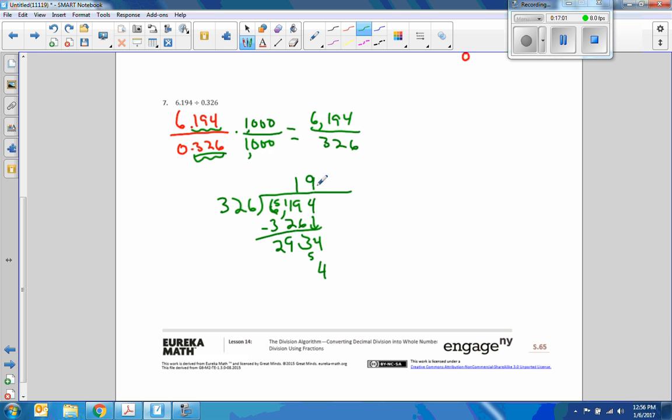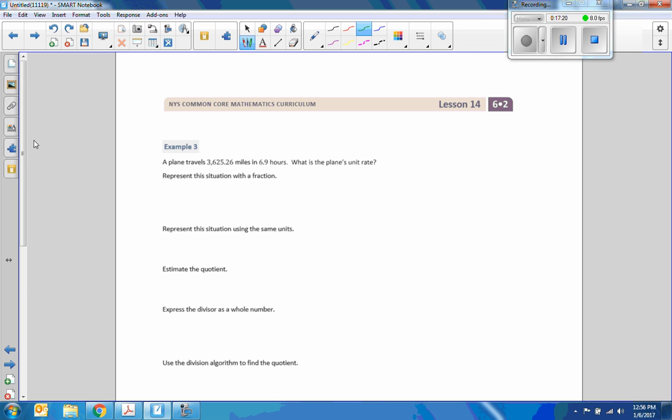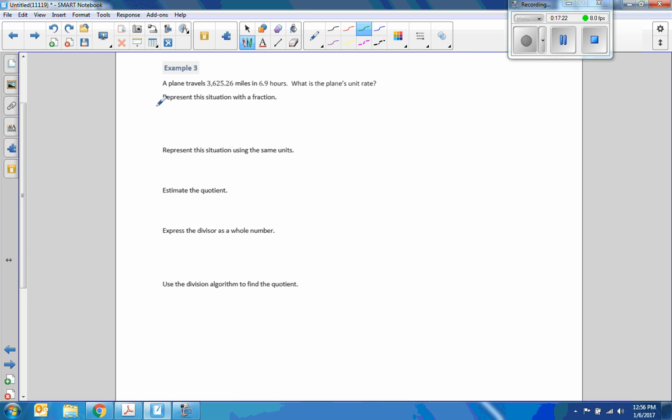Remember to carry my 5. 9 times 2 is 18, plus 5 is 23, carry my 2. 9 times 3 is 27, plus 2 is 29. And 2,934 minus 2,934 is 0. So the answer to number 7 is 19. Okay. Example 3. A plane travels